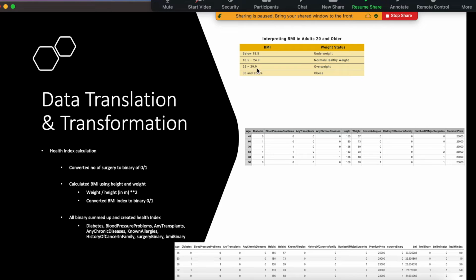Okay, same thing. If the body mass index is more than 25, it means overweight, and if it is more than that, it's obesity. These are the calculations which are available. But what I am going to do is, if it is a normal weight, it becomes 0. If it is underweight or overweight, I'm going to consider it as a 1 for my premium calculation, because he is not healthy. That's what I want, whether he is healthy or not.